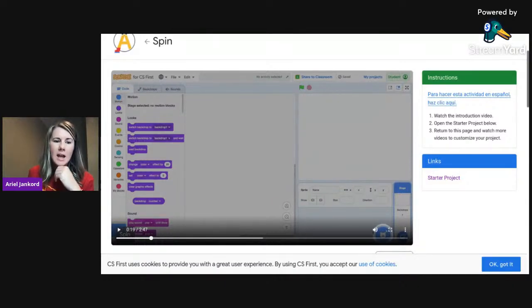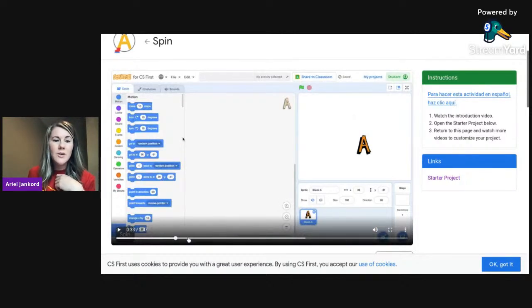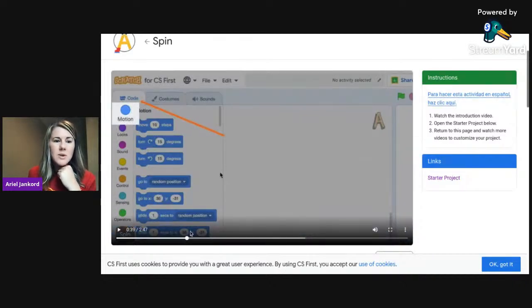Oh, you already know how to add the letter in. And now we're going to show you how to code it. This does not assume anything. It assumes that they need to go and find the letter, decide what they're going to use, and then it shows them how to code it. So that's what I love about this. The videos are very great. So like pointing out the motion up here. So then I can jump over to my